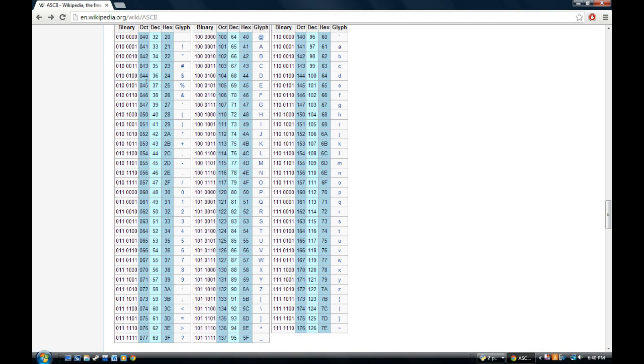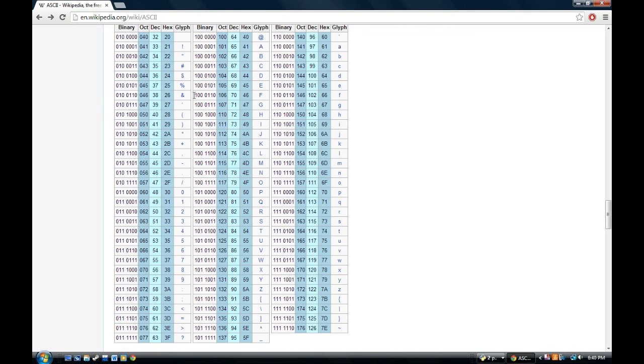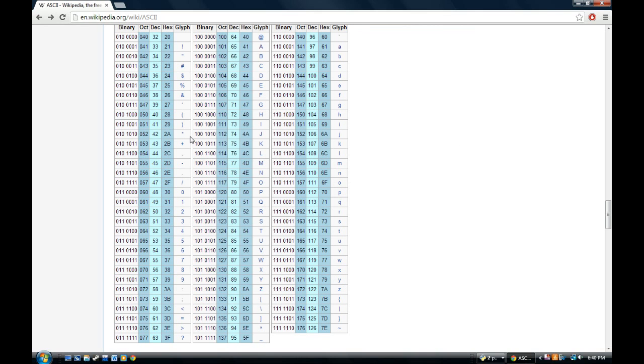So in order to translate this program into binary, we have to use what is called decimal. So for each one of these characters that makes up this string, let's look at Y. Let's look at the chart for Y. The glyph is what you type on the keyboard. So since it's a lowercase Y, we'll go to y here. What we actually type in is the glyph, what we understand. So since I typed in y, which is lowercase here,